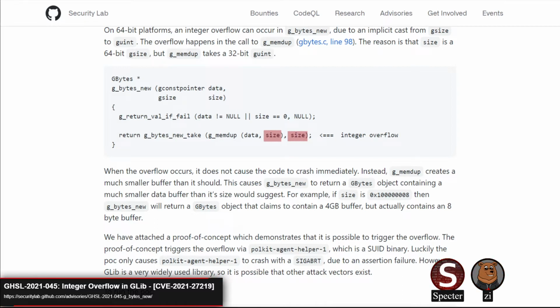Yeah. They do state they aren't aware of any exploitable vector for this. These types of issues are really hard to hit because you have to supply a super large size for the copy. So you have to be able to find a way to stop that copy before it just smashes everything in its path.